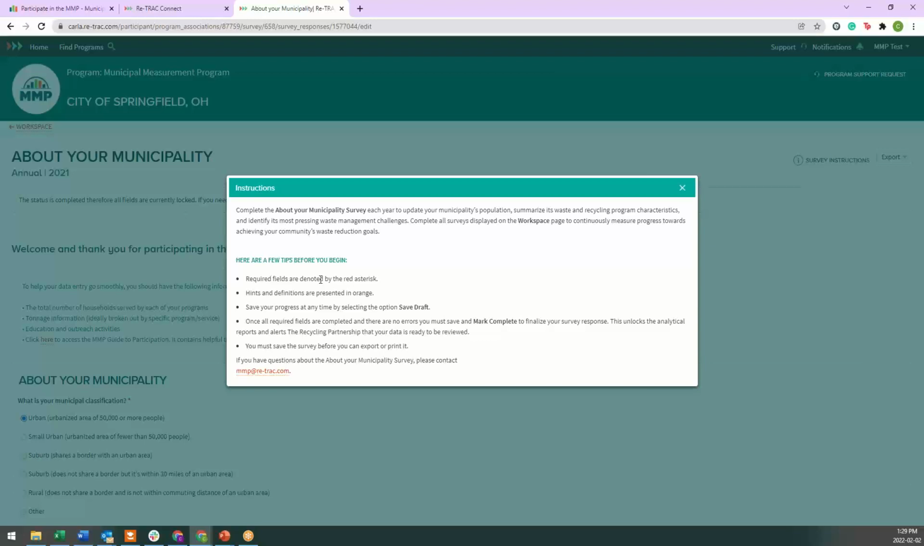There are required fields in the system. Anything marked with a red asterisk you're going to see here is considered a required field. There's going to be hints and definitions within the forms themselves. You'll see those presented in orange. You're going to be able to, at any time when you're completing the form, save a draft. So I'm going to show you how to save a draft of the next form, the Curbside form, here in